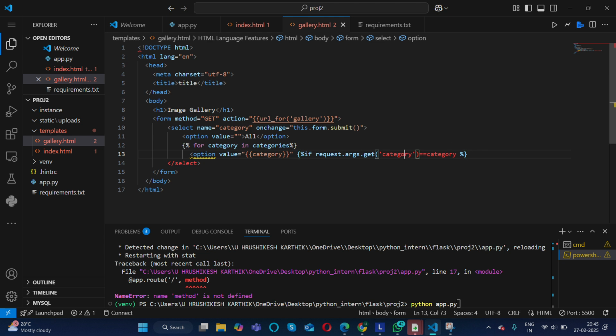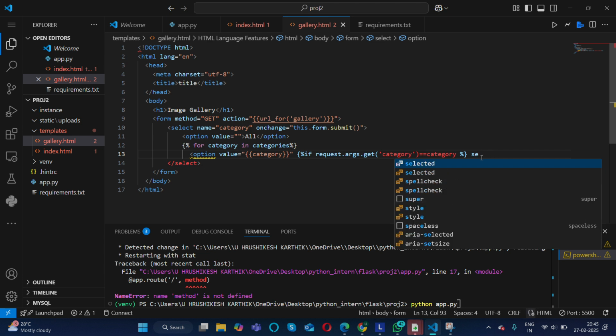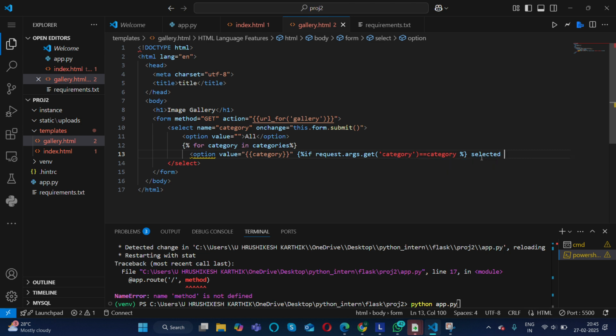It's showing red here. Let's check if we get any error. For now it's fine. We want to print a statement. That's the reason we are doing all these things.